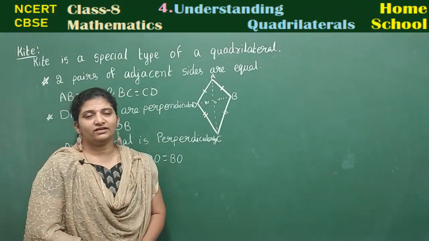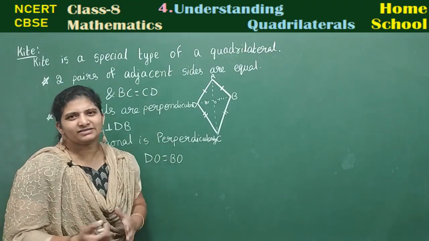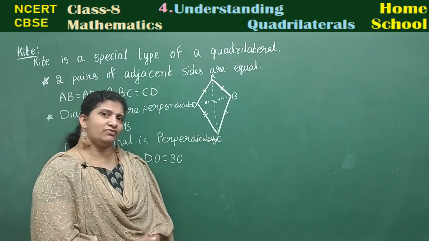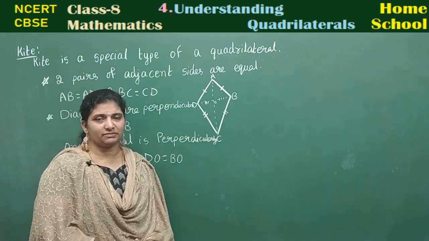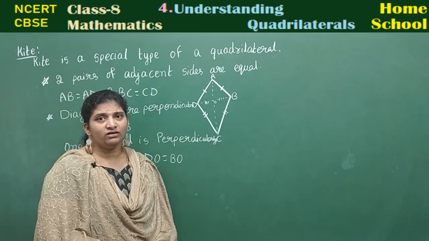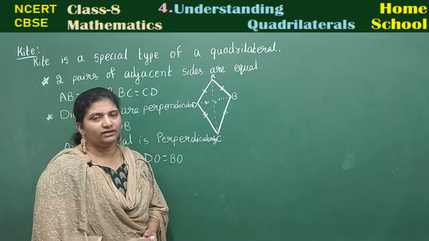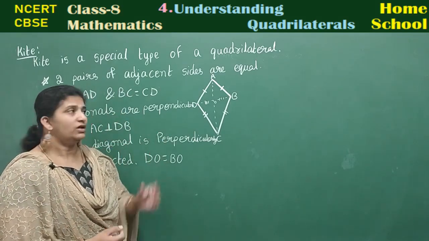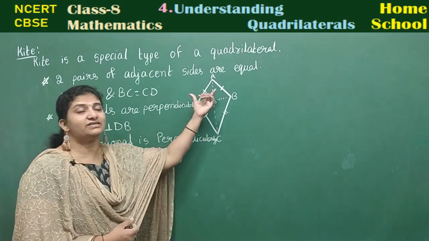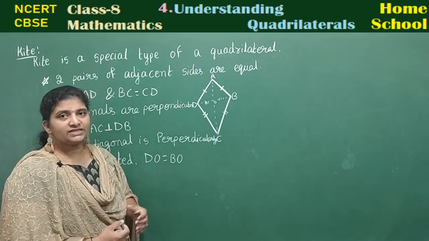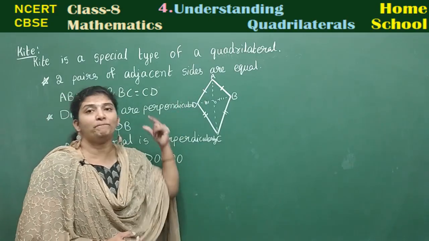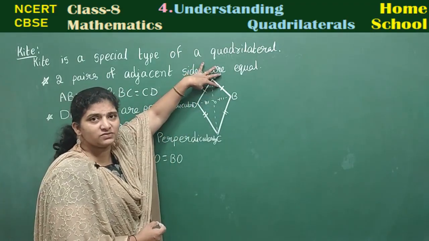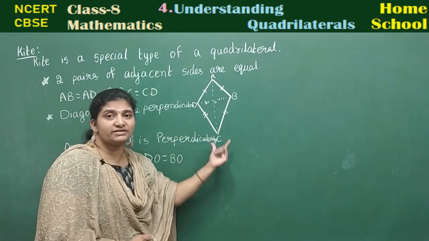Next quadrilateral, we are going to consider a kite. A kite is a special type of quadrilateral. You can see a kite flying, right? How will it be? It also has 4 line segments and it is also a closed figure, so we call it a quadrilateral. Then what is the difference between other quadrilaterals and this quadrilateral? Look here carefully. In a kite, adjacent sides are equal. Which adjacent sides? Only 2 pairs of adjacent sides are equal. That is, at the top these 2 sides are short and at the bottom these 2 sides are long.